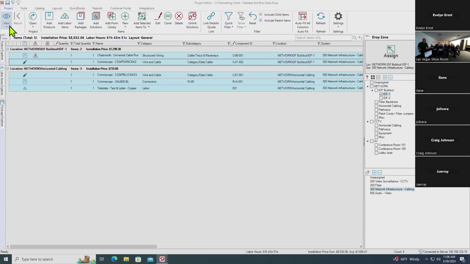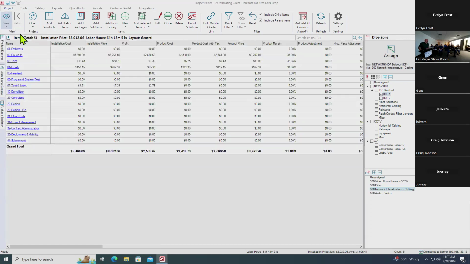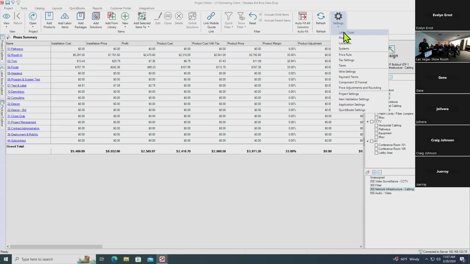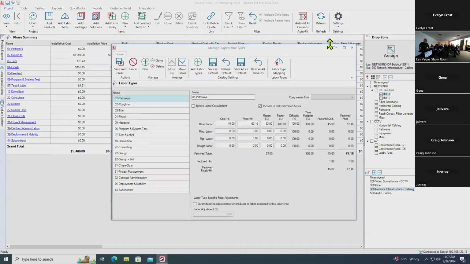So we're gonna cover it real quick here. Top left, icon new, I wanna look at phase. So this is taking the whole project as your phase on the left-hand side there, your rough-in, trim, so forth and whatnot. You wanna make those adjustments based off your project, your area, your prevailing wage or something like that. Labor types. It's gonna bring up this window here. Of course, you could see side-by-side pathways. I don't have anything in there. Rough-in, we can adjust this to